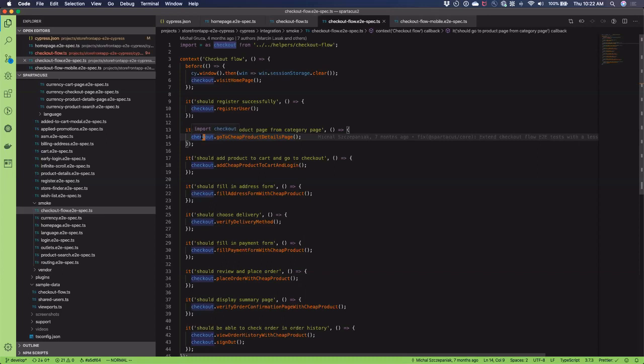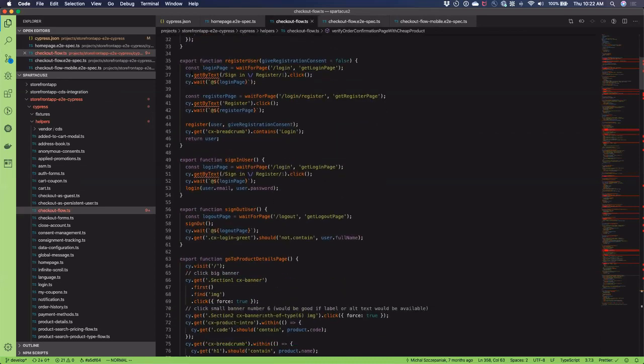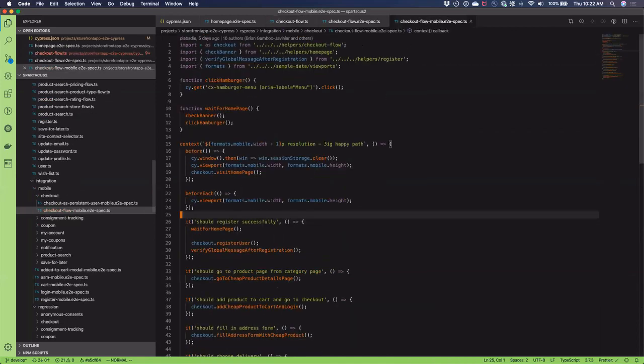This checkout variable is what we call a helper. If you go to the helper, you can see all of the different selections and assertions and all of the things that we want to do for both the desktop and the mobile.